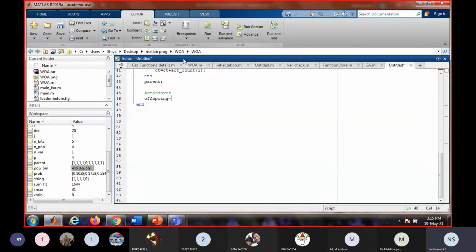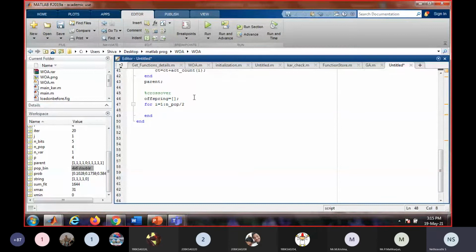So let us create an empty matrix for offspring. And again, for i is equal to 1 colon n pop divided by 2, because we have to select 2 parents, right? 2 parents for 2 offspring. So out of 4 population, we will get only 2 sets of parents.